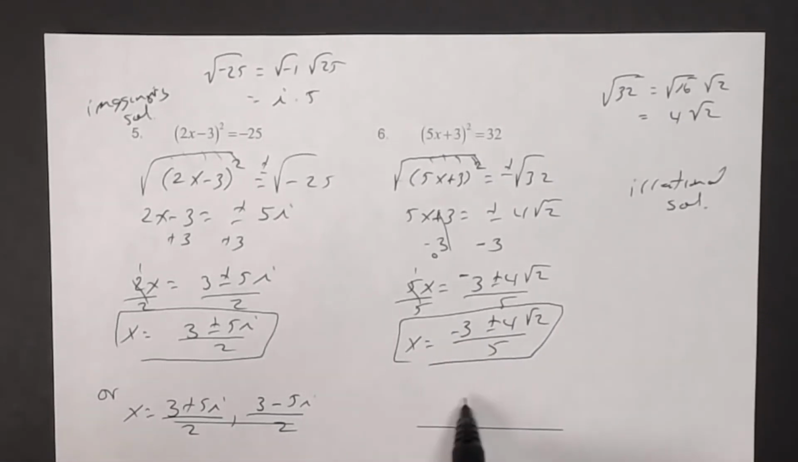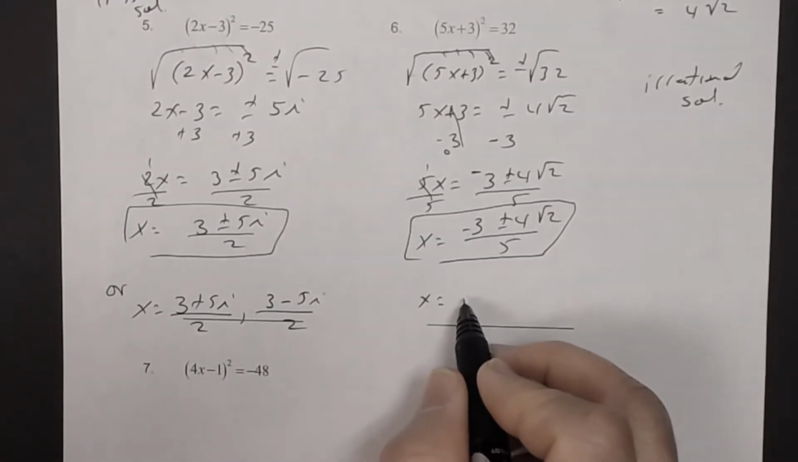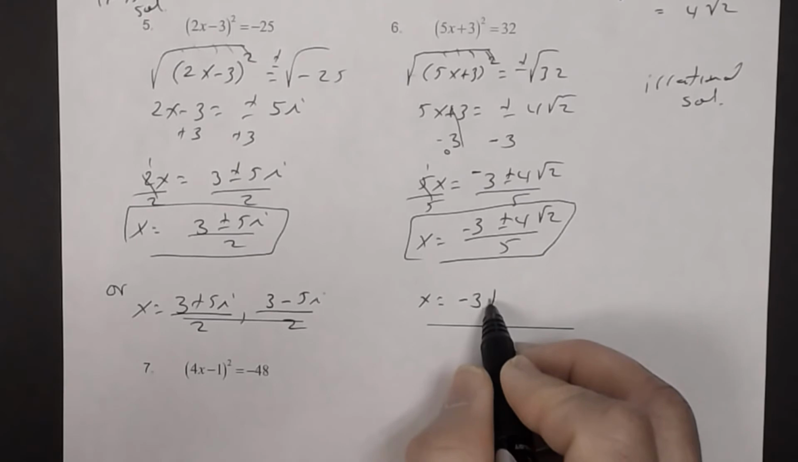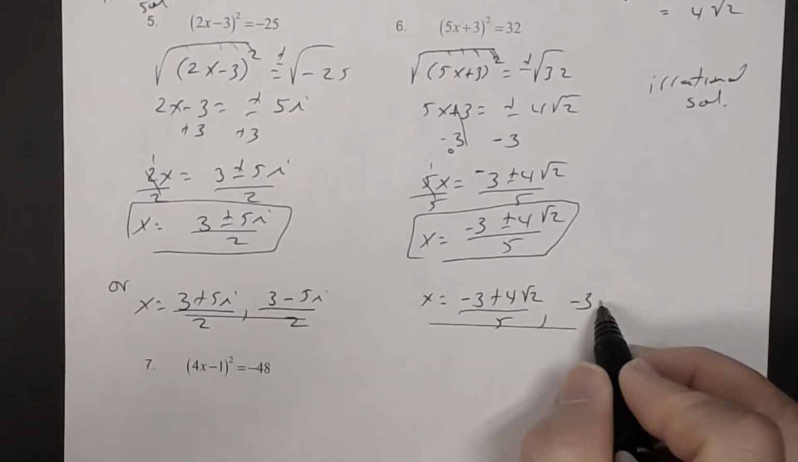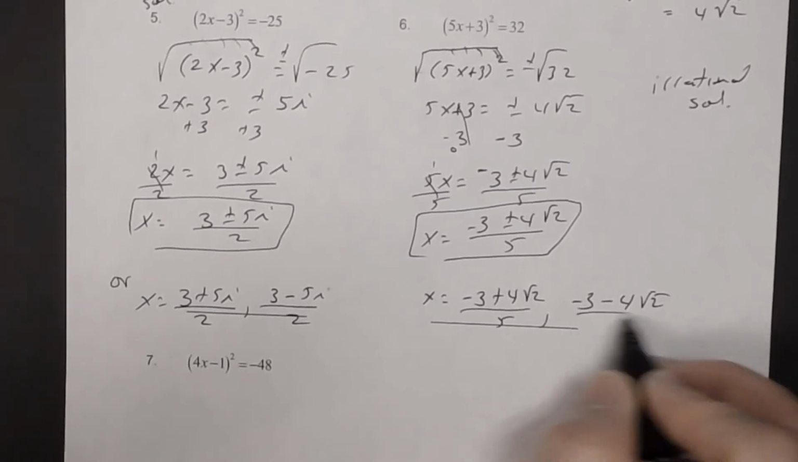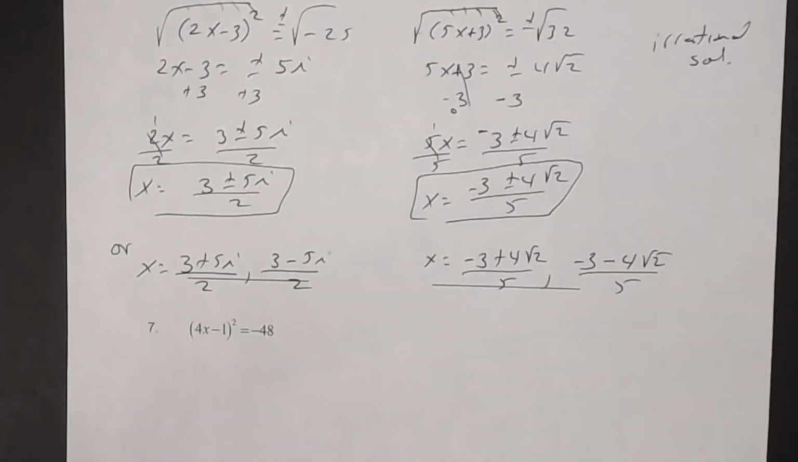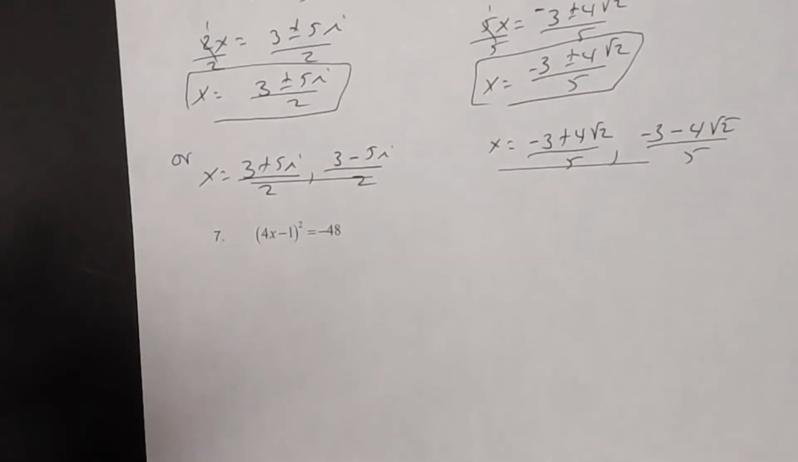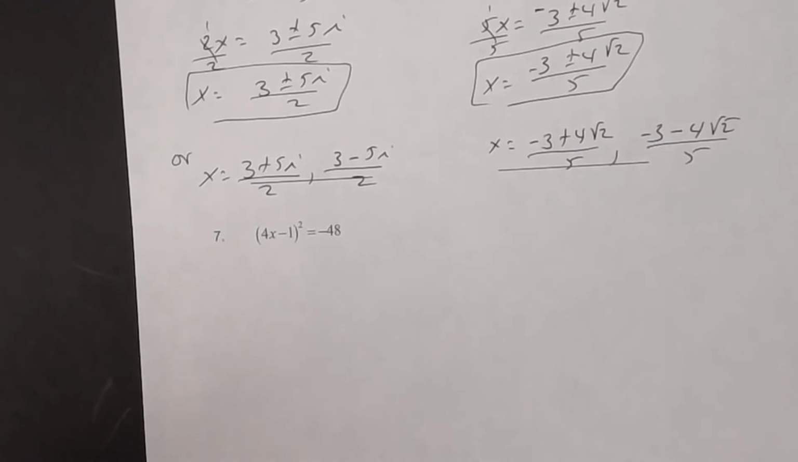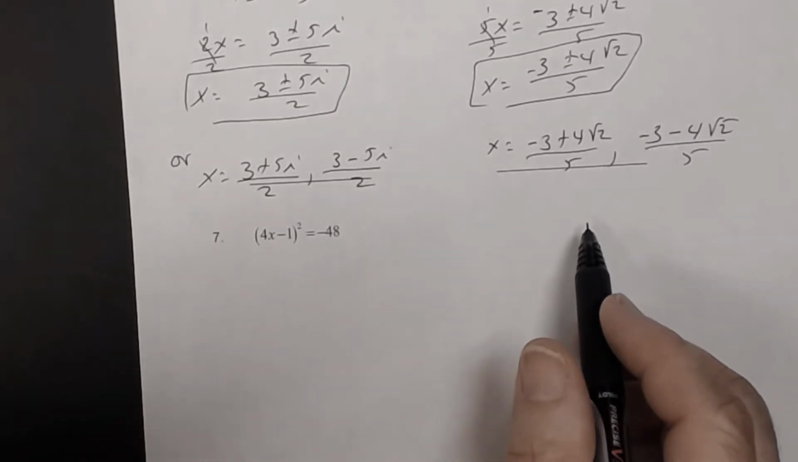Now if you want to rewrite them as 2 separate solutions, you can. So you'd say x equal negative 3 plus 4 square root of 2 over 5, comma, negative 3 minus 4 square root of 2 divided by 5. Okay? All right. And then finally, number 7, we have